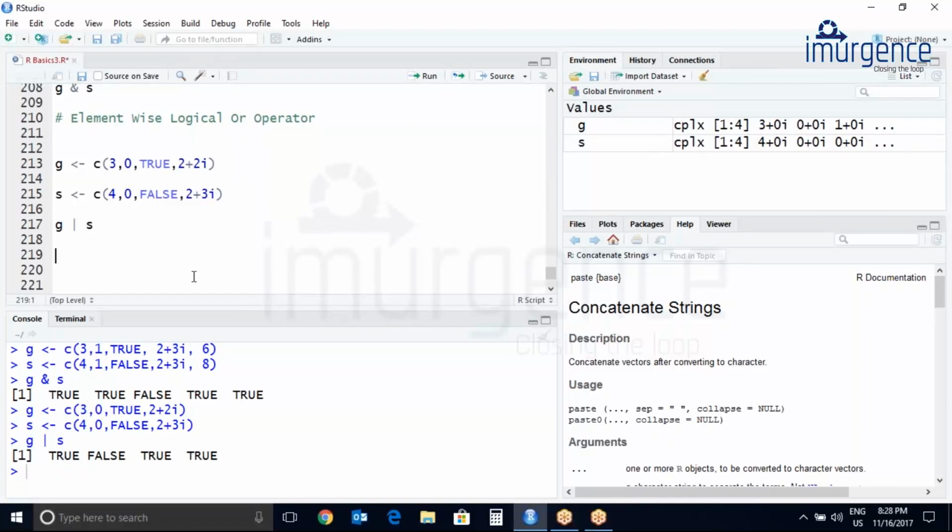Let's try to use a logical NOT operator. So let's do this.